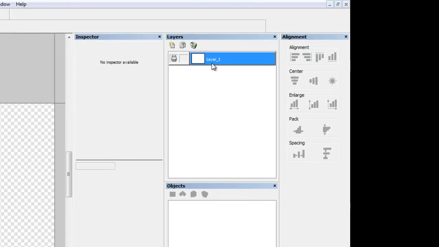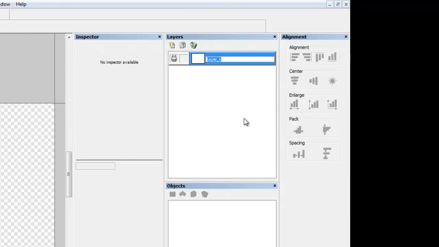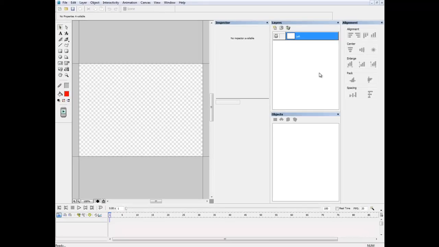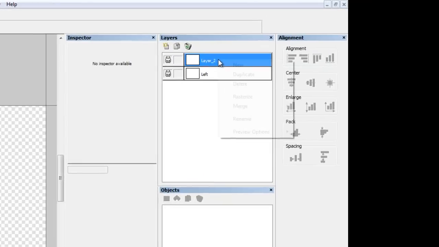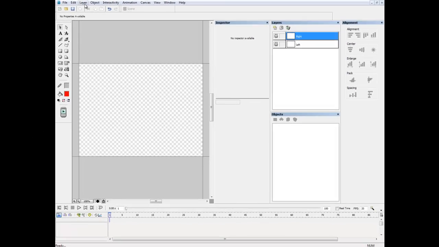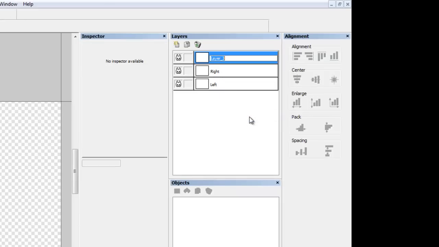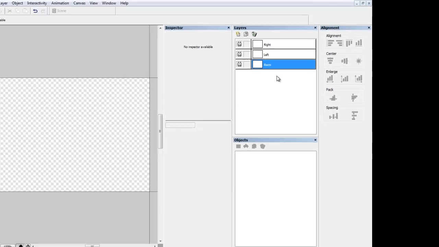I'm going to go up into Layers. Layer number 1, I'm going to right click and rename to Left. I'm going to go into Layers, New, and I'm going to rename Layer 2 to Right. I am then going to go into Layers, New, and rename this layer to Rex. I'm going to click and hold with my left mouse, drag the Rex to the bottom, and we will go